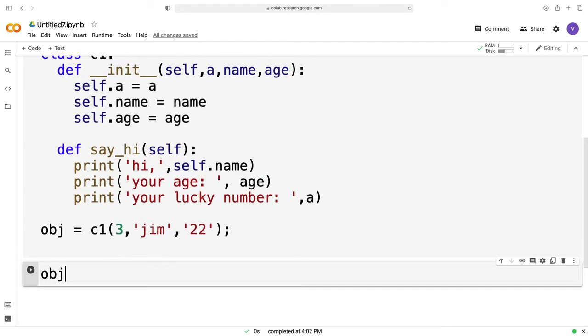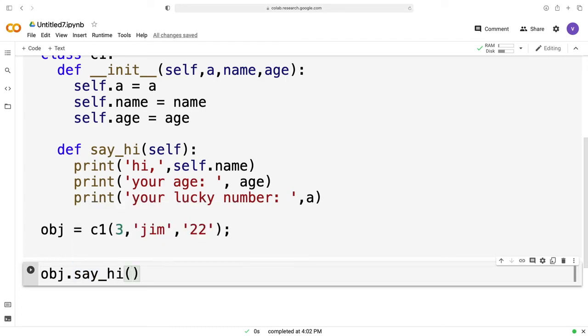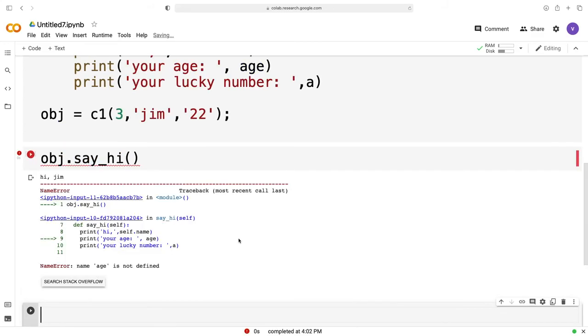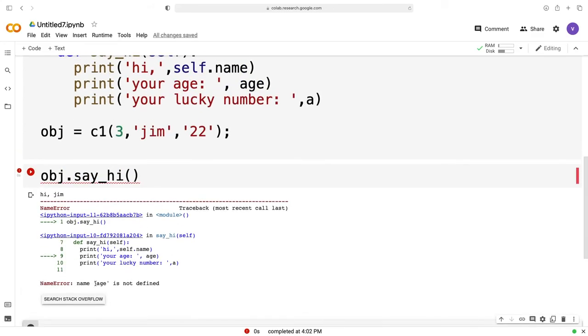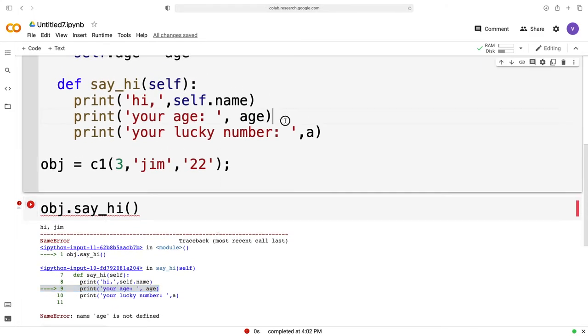Now from the obj, I'm going to access the say_hi function. Let's use say_hi, and let's see what it gives us. Name age is not defined. See, we are getting an error on line number 9, which is your age, and this is the age, so why is it giving me an error?